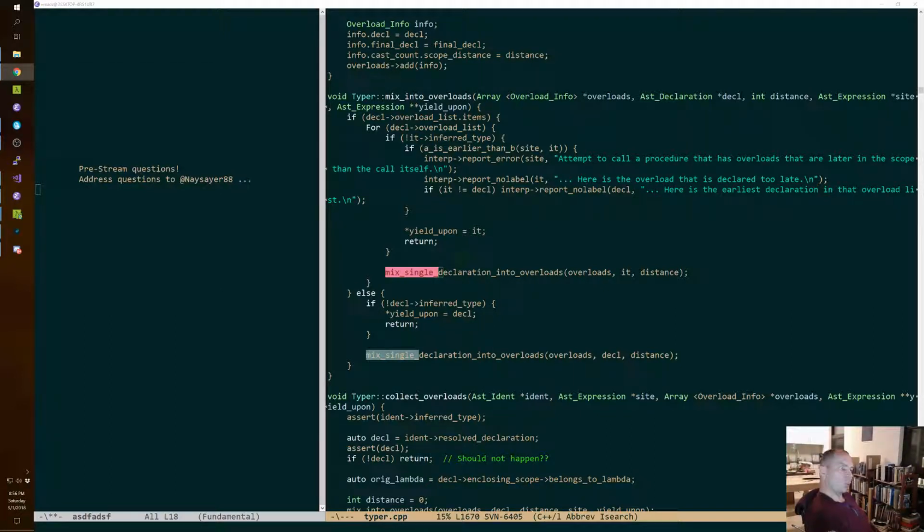And what are overloads? Well, they're the same name bound to different values, where those values are all procedures. You could imagine overloads of other data types, but we simply don't allow that right now. Overloads only happen on procedures.